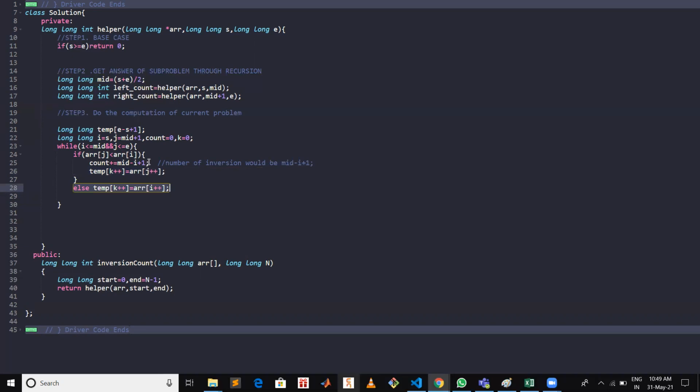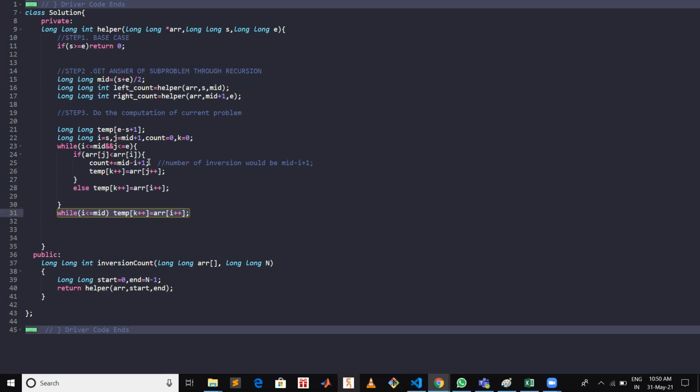When this is not the case, if array of j is greater than array of i, then that array of j won't make any inversion with this array i at least. So array i is smaller, we will put this in our temporary array, and we will move further in the left half. All right.